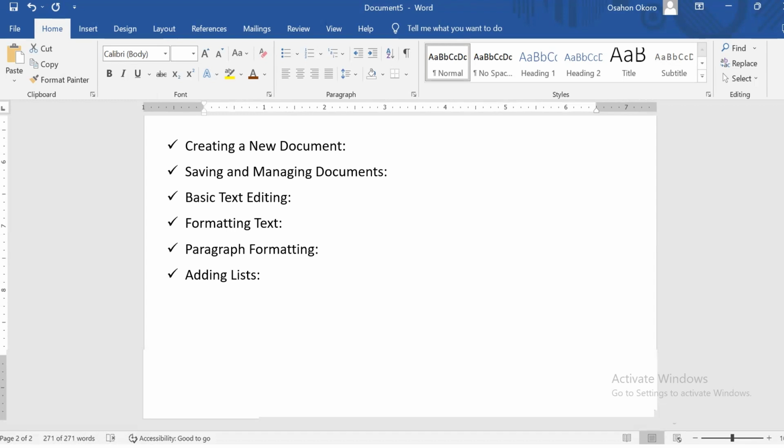The first is that we are going to be choosing the document type, whether it's going to be blank, whether it's going to be letter, or whether it's going to be reporting. We're going to choose different types. So because